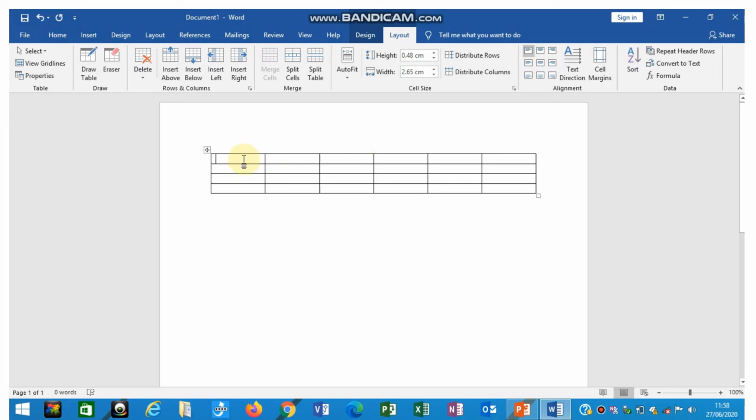Okay, fine. Now suppose I want to delete a column, any of the columns. Suppose I want to delete the second column of the table. So click on the second column by using the mouse. Then by using the left click of the mouse continuously, select that second column, and the same method you have